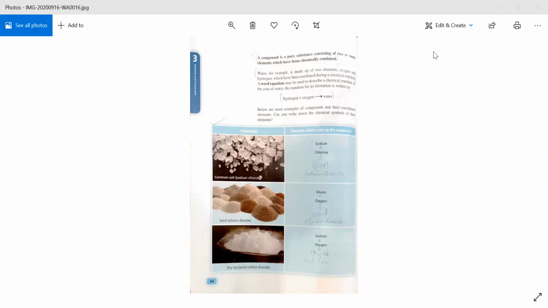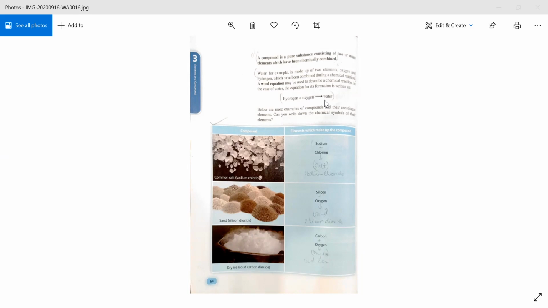Okay, and how, beta, two elements of hydrogen and one element of oxygen will make the water. When we combine hydrogen and oxygen, they will form water. So beta, to represent them, we write their word equation. And how do we write the equation of water? Hydrogen plus oxygen, and after that, beta, we put an arrow that it will become